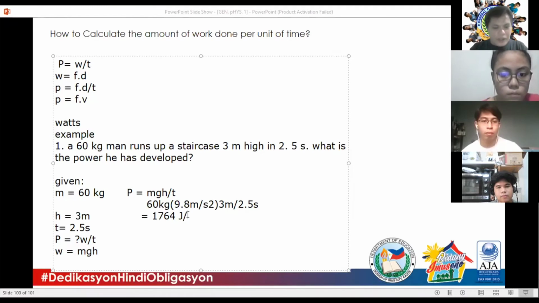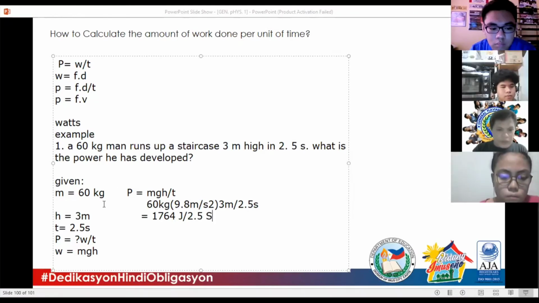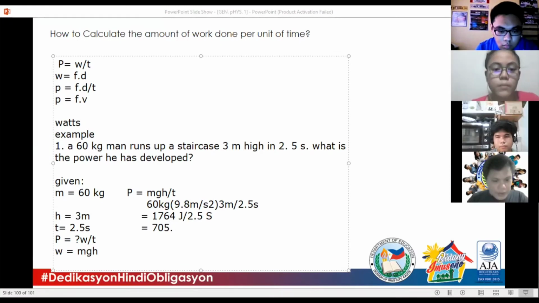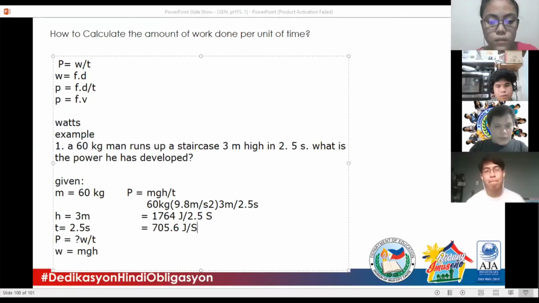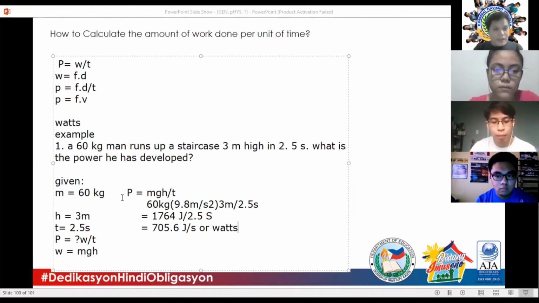Divided by 2.5 seconds. And that is equal to 705.6 joules per second or watts. So here, since we cannot use directly work over time, kailangan muna natin, kumbaga ang ginawa natin dito, kinuha